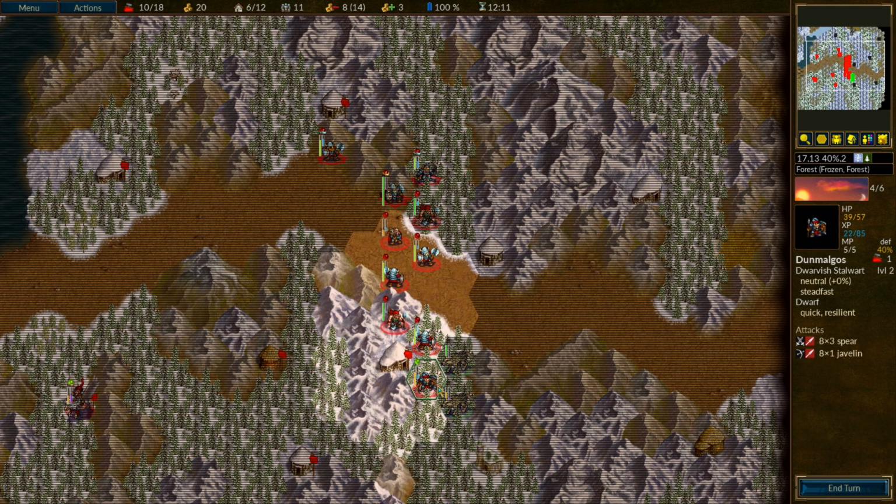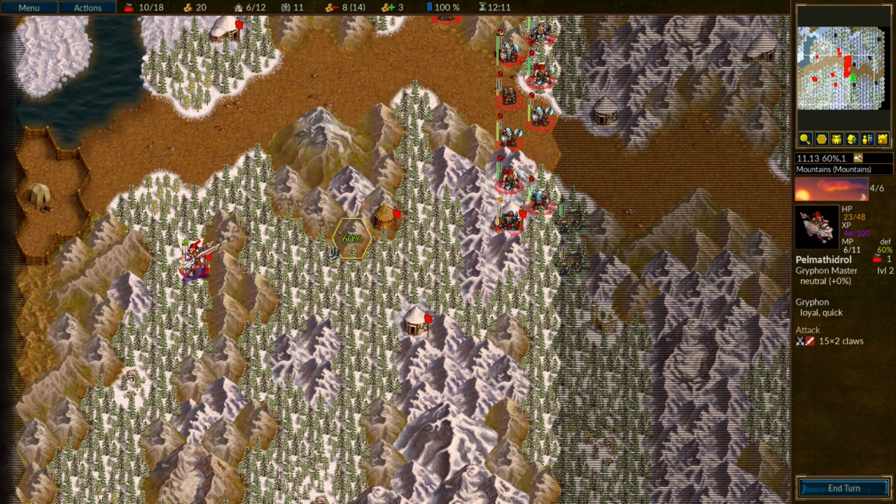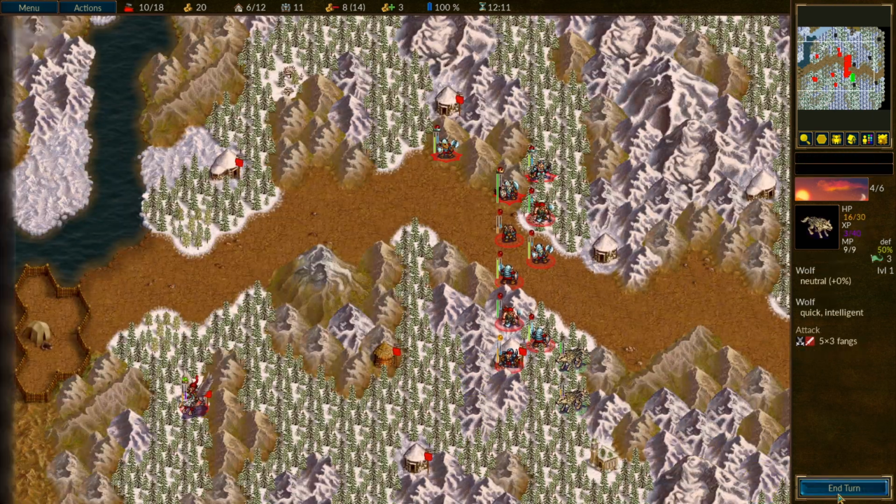Okay, nice. Very close to leveling. And then we'll pull this guy back just to get him on the health. And I think that's going to be pretty good for us. Like I said, I want to leave him there, keep him out of harm's way. Okay, we are at 10 out of 18 turns, so we're...